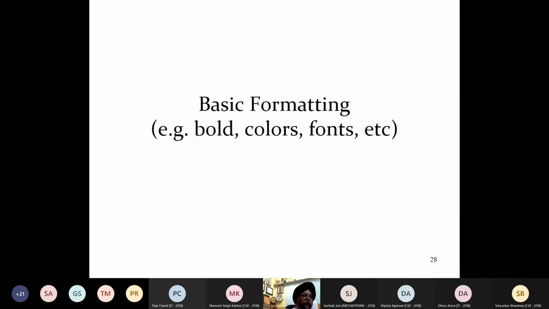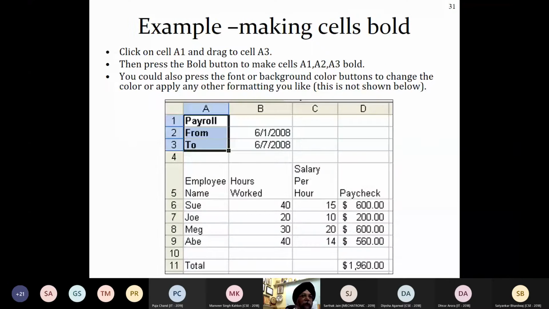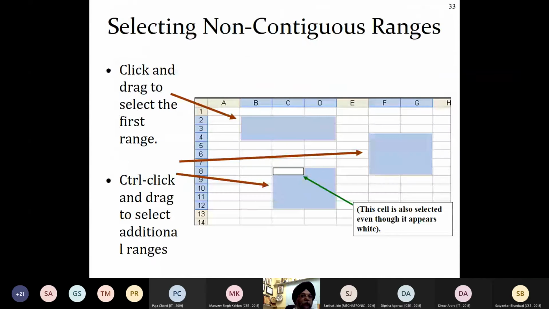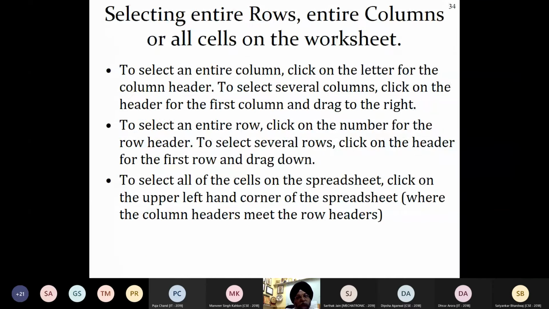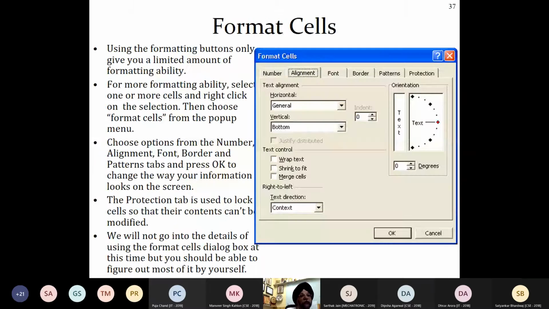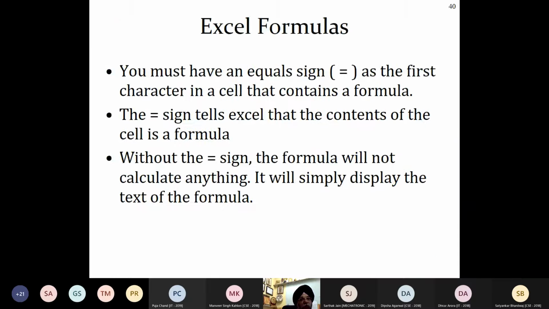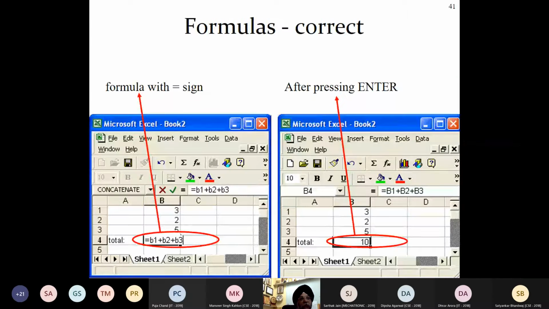And we have done with the basic formatting also, right? So what are used in Word, Excel, PowerPoint, and what are the special things over here in Excel, which are in the circle over here, right? Some example of making or formatting the bold, or you can select the certain ranges. Also, we have done. We have worked with certain ranges. Okay, formatting of the cells we have gone with, and we have seen how the formulas look like and how to enter the formulas, putting this equal sign and all that.